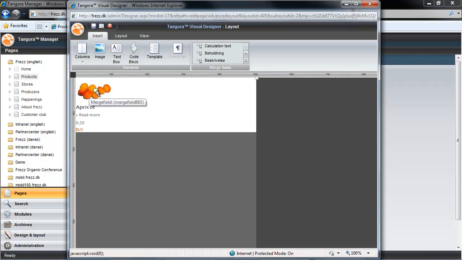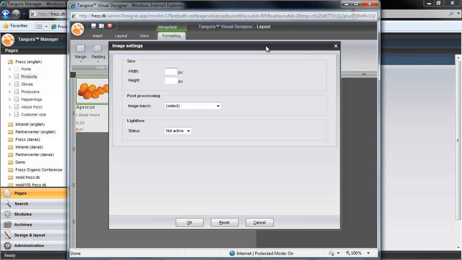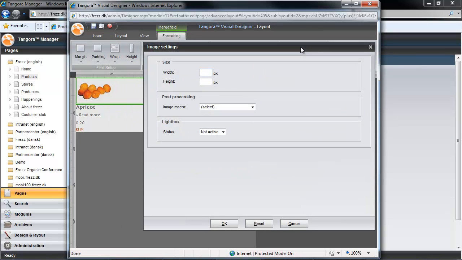In my layout, I can see a preview of an image, and when I select my image, I can see that a button appears in Visual Designer called Image Settings, and here's where the magic happens. The image we see is actually a clickable thumbnail version, and these settings are actually set in the central database design. But because we're adjusting these settings here on the page, we don't even have to worry about the central settings.